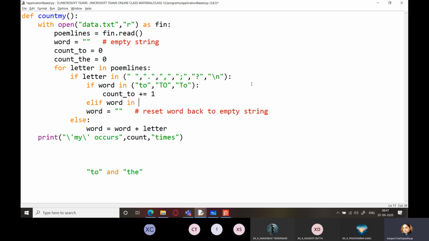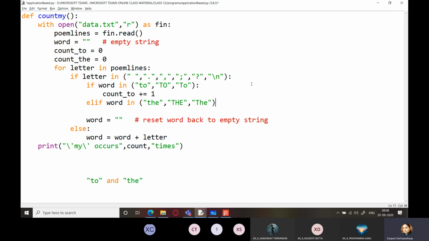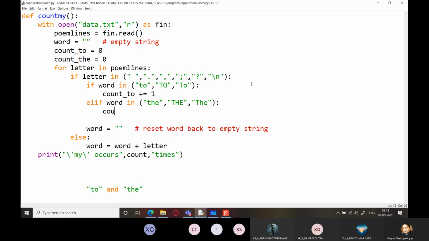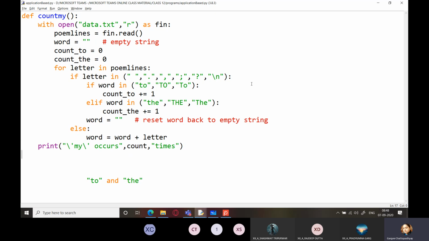Now, elif I'm taking, why? Because we can have other words also other than to and the. So we don't want in the else part all other words except to be counted. Okay. In the if part, to will be counted, but if I take else, that means all other words which are there except to, they will also be counted. But I don't want that. Hence, I am also taking elif to specify the condition here. Count the plus equal to 1 and reset word back to empty string, and at the end you can also,